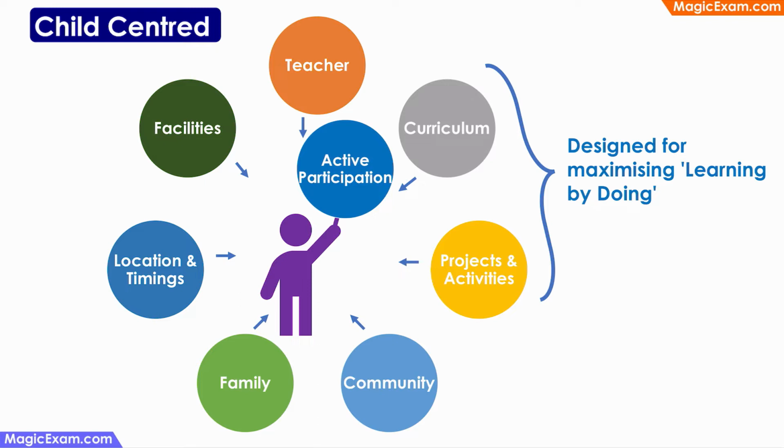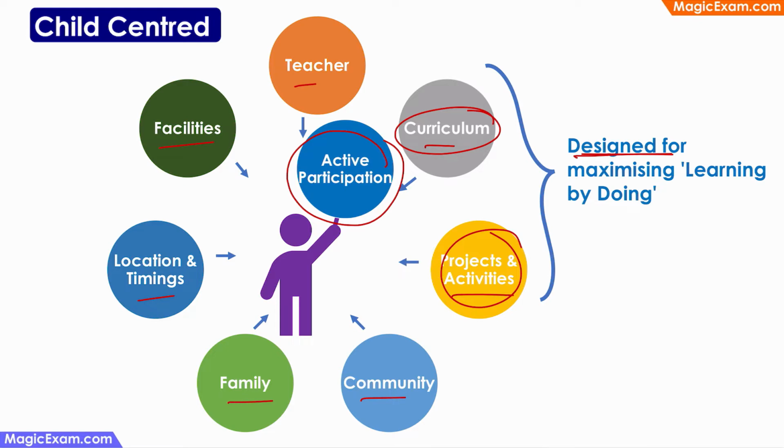While designing a child-centric classroom or a child-centric teaching learning process, everything is focused on the child. The teacher, the curriculum, projects and activities, community, family, location and timings, facilities, all of them are focused on ensuring that the child understands what is being taught in the classroom. And the child is also not a passive absorber of the knowledge that is being given to him. The child also participates in this entire process actively. And the curriculum and the projects and activities are also designed for maximizing the hands-on learning aspect, that is, maximizing